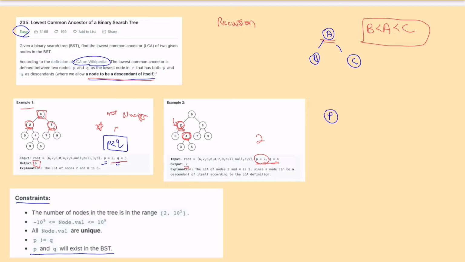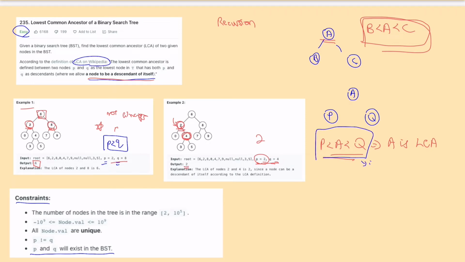So we are given P, we are given Q, and let's treat the common ancestor as maybe A. Okay, so what we can do is simply check at the current root if this condition holds: P less than A less than Q. If this condition holds in the first place, then that will mean that A is the lowest common ancestor. However, if you are given a case whereby this invariant does not hold, it's an invariant by the way,